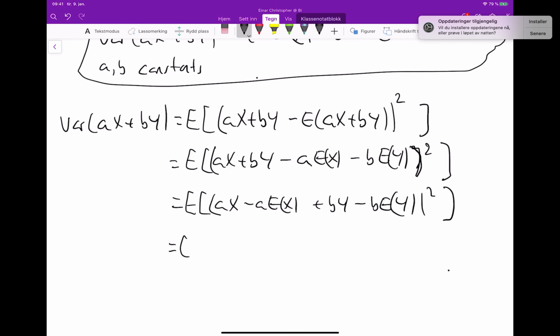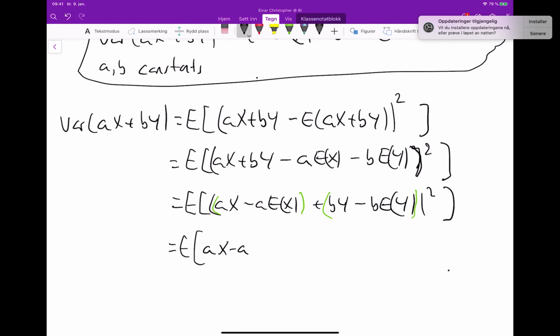I think of this as one thing and this as another thing, and then I can look at this as a square, where the first parenthesis could be looked at as a, and the last one as b, and then I have a plus b to the power of 2, and then we can expand the square. My old a is now ax minus a expectation of x, so I get the following